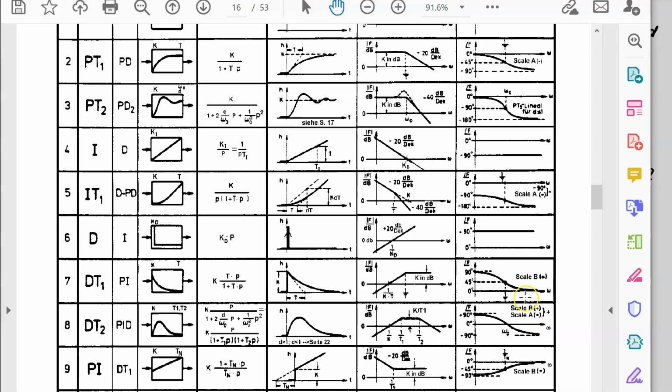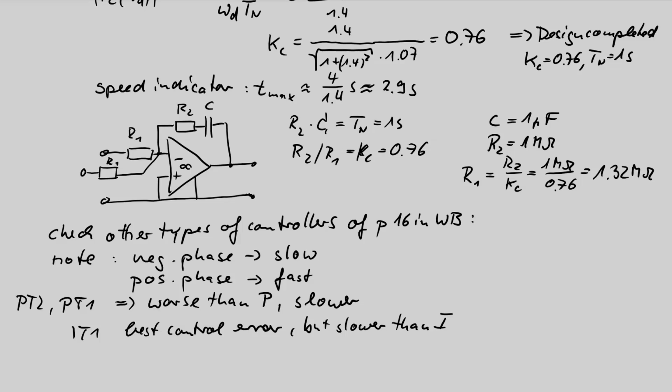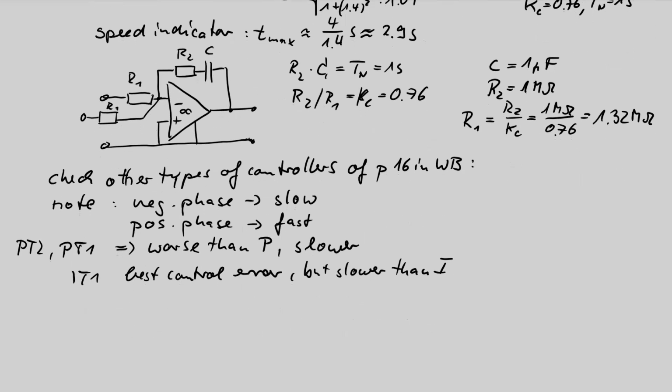But there is a big disadvantage of blocks 6, 7, and 8: D, DT1, DT2 could be faster, but